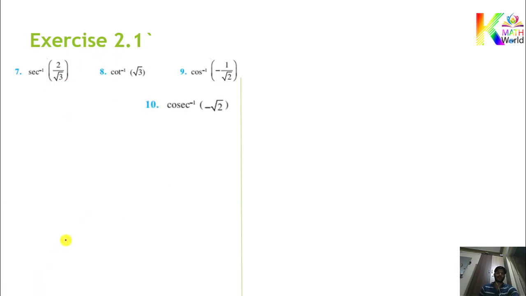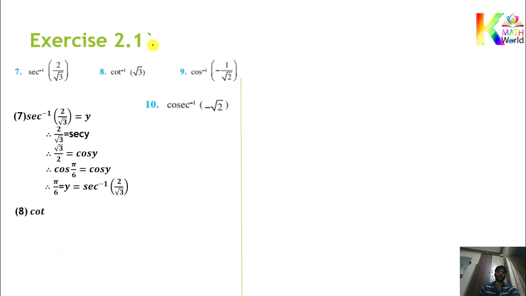Okay, whatever we discussed, again you can see here in these steps. Now see the next question, cot inverse root 3. Now I am not going to show the calculation; I will write the answer directly. It is a positive value, so from the first quadrant we need to write. The value of root 3 in terms of cot: cot 60, and cot 60 means pi by 3. Just we need to write the angle. So this is our answer.